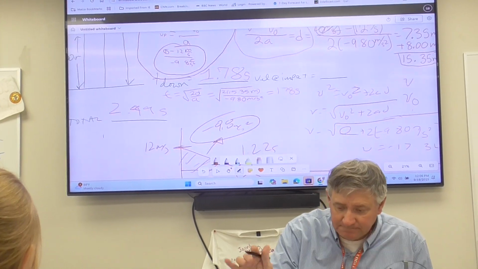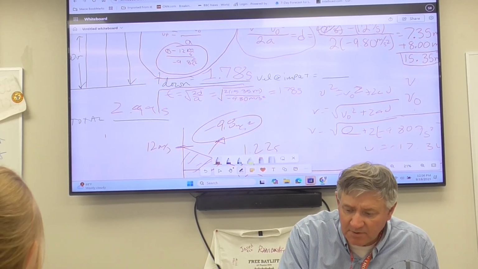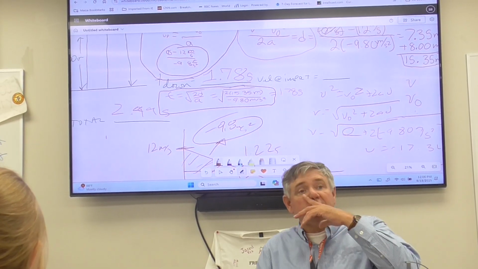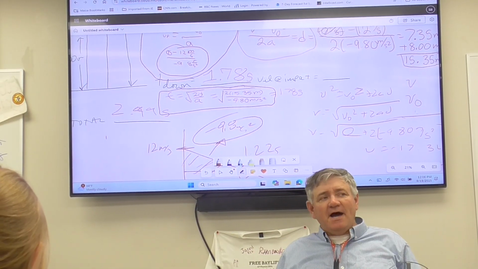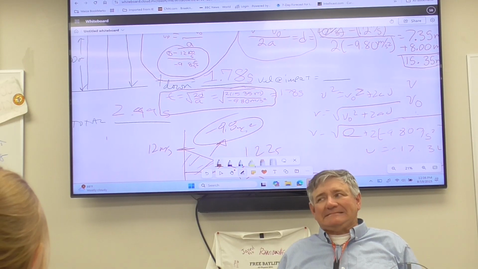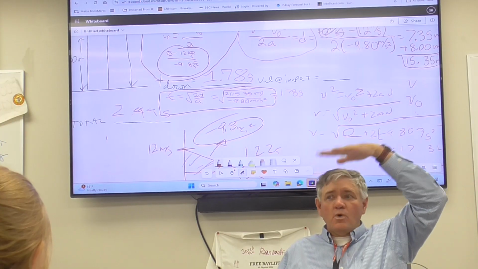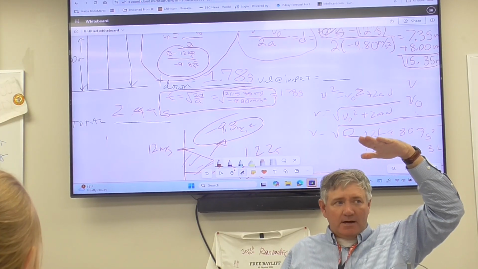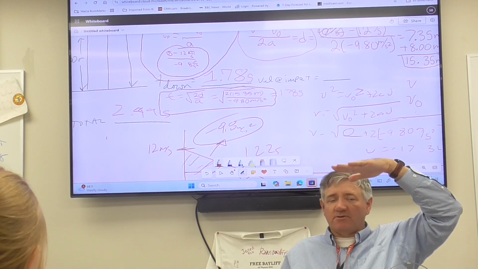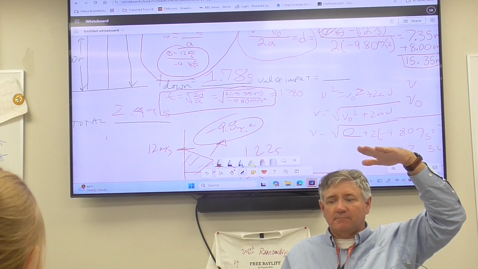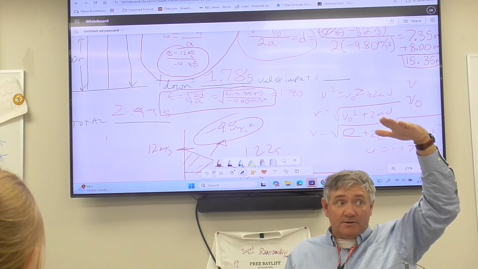On the time down, Natalie, you did this one, right? Okay. So again, here's what I'm going to look for on the time down. Now, Natalie initially had a problem. She said, man, I got 15.35 divided by negative 9.8. Problem. But here's the solution. What's your initial position on the way down? 0. No. What's your initial position on the way down? 15.35, right? You're 15.35 meters above the ground.